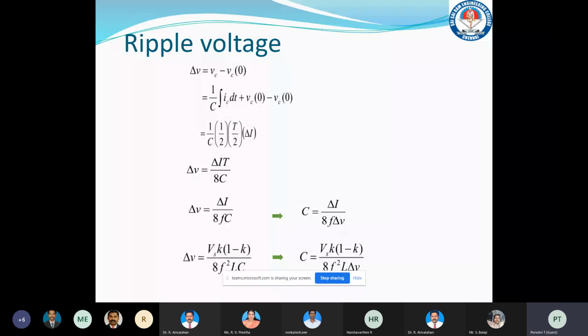And again, we can get the ripple voltage. So in all the DC to DC converters, we have to take care of the ripple voltage and ripple current. These two values should be maintained at a lower level. Then only can we use the output voltage in any appliances without any problem.